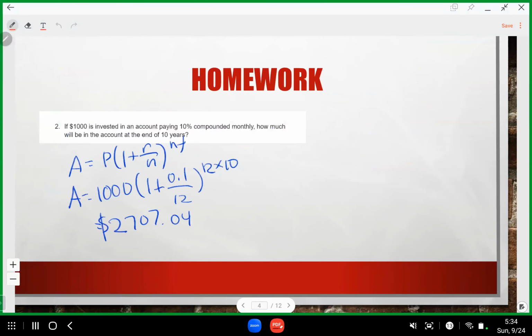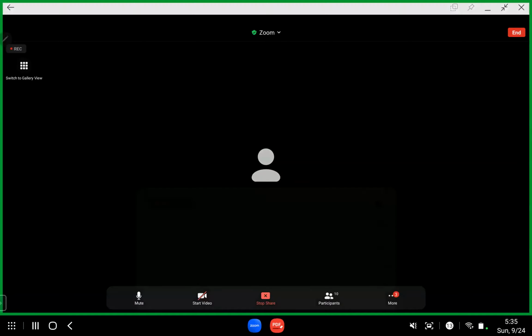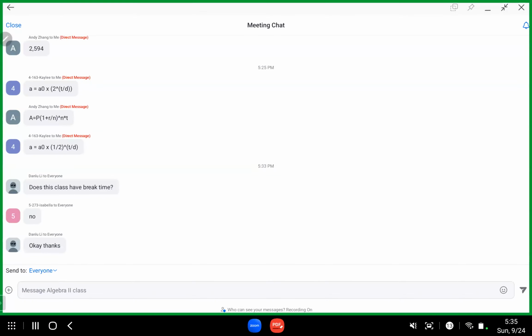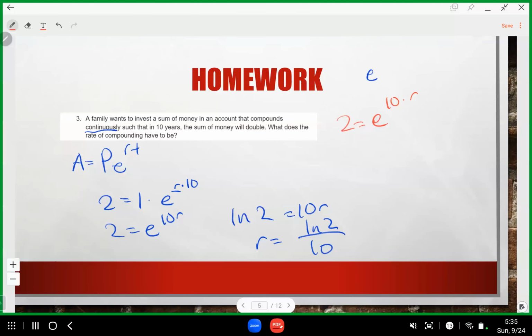This is how you find r. Since you have an exponent here, 2 is equal to e to the 10 times r. Let's see how you would rearrange this. So Kaylee, can you help me on this? How would you rearrange this, just like the log that I just did? e is the base, right? So you move it. It's 10r is equal to